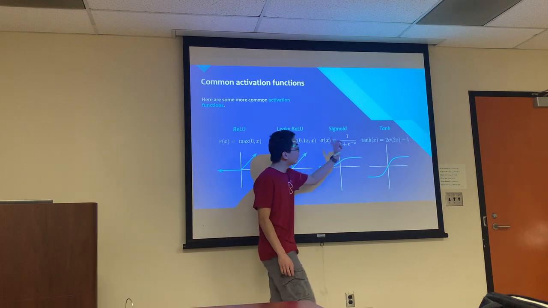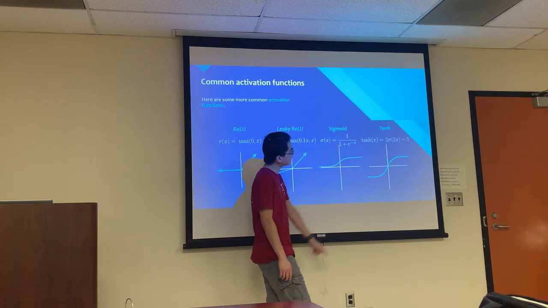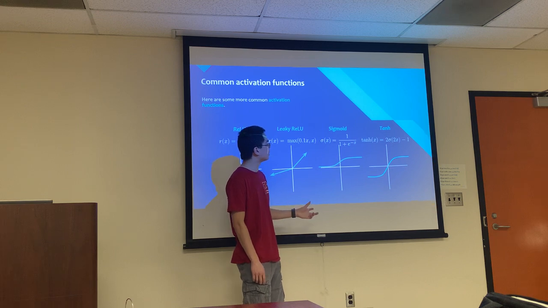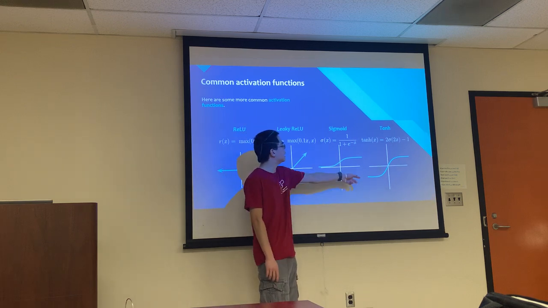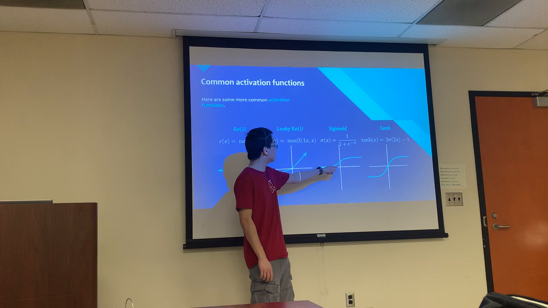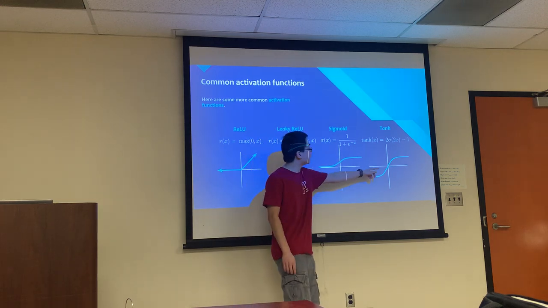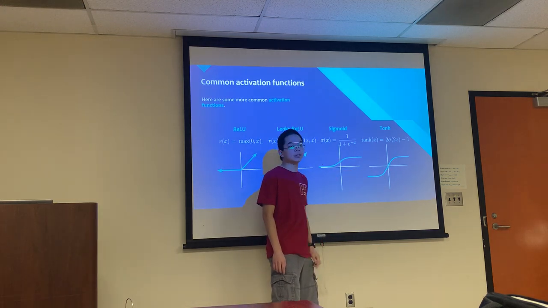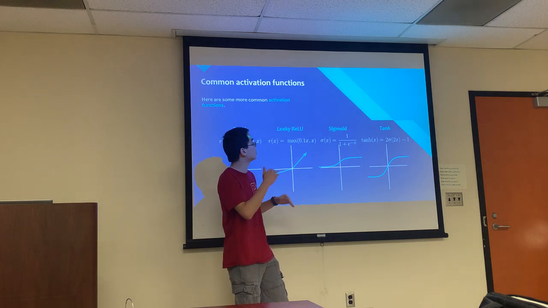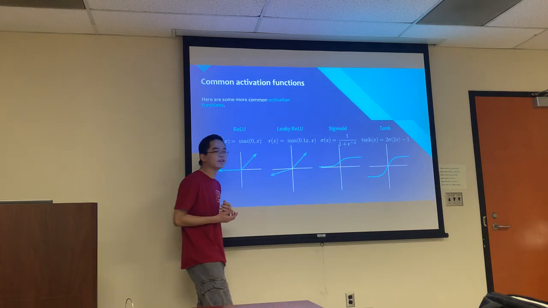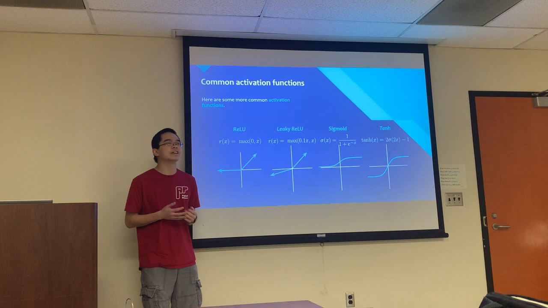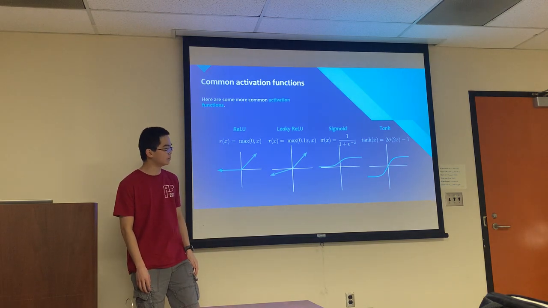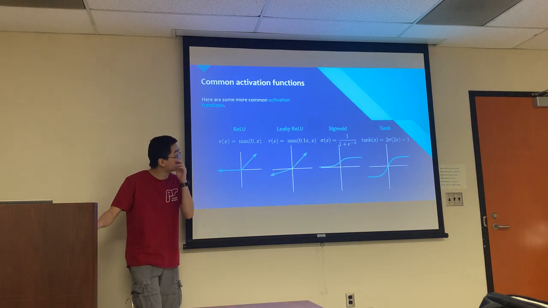Sigmoid you've seen before, and tanh you can think of as sigmoid, but one of the important things about tanh, and why tanh is actually preferred over sigmoid if you're going to use a function of this shape, is that tanh is centered on 0, which is somewhat useful because you're able to have positive and negative values. Again, there's complicated stuff on why that might be important, but we're not going to delve too deep into that.